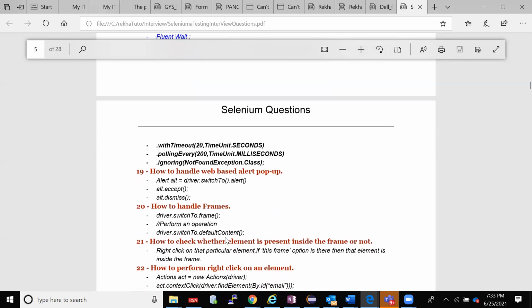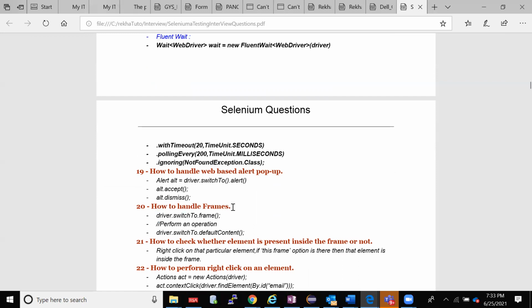Next, how to handle frames. Driver.switchTo().frame, right? To perform an operation. So how to handle frames, they'll ask you. In real time, what happens is, just think, you have taken the one match found properly and you have inspected it properly and you're finding that element, but when you are doing it from Eclipse or from your editor, you have done everything correctly but get no such element. That means you have a frame. Just right click and see this source or this frame. Maybe 2 options would come when you do context click, right click. If you have this source or this frame, that means you have a frame.